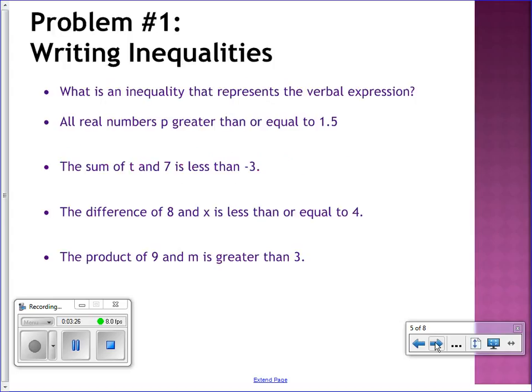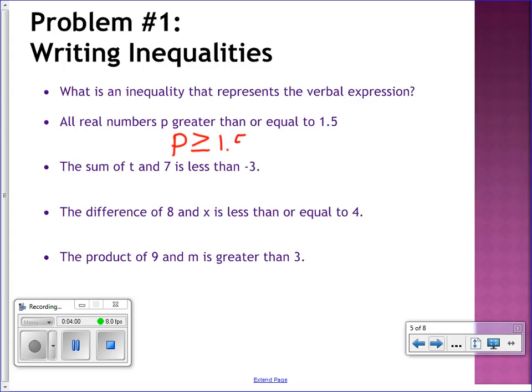All right, so we're going to get right to the problems and see the type that you'll have to solve in this lesson. Problem 1 is writing inequalities. What is an inequality that represents the verbal expression? Our first one is all real numbers p greater than or equal to 1.5. The words greater than or equal to indicate this symbol,